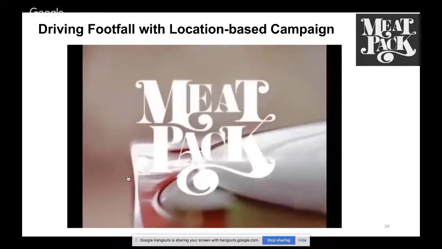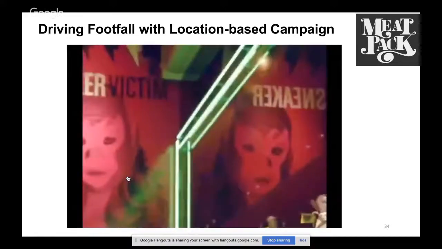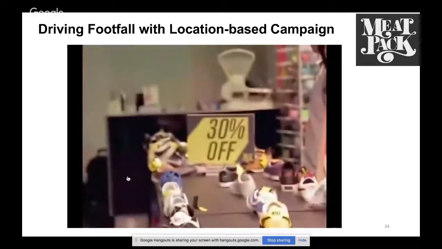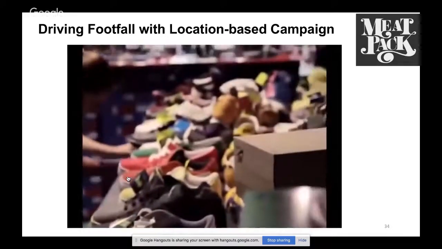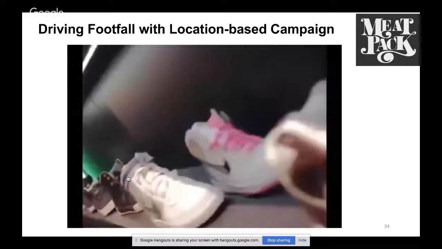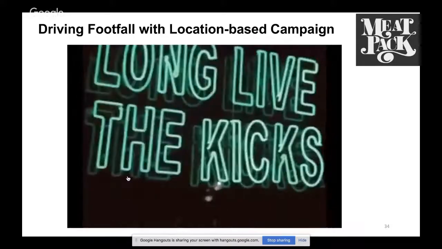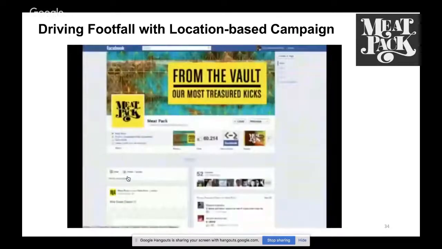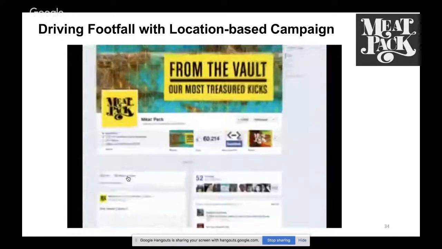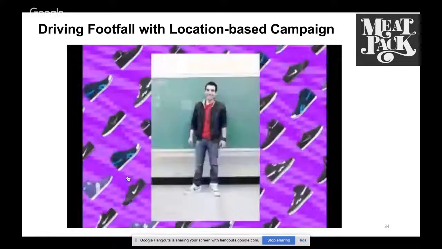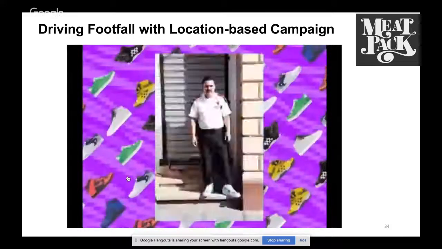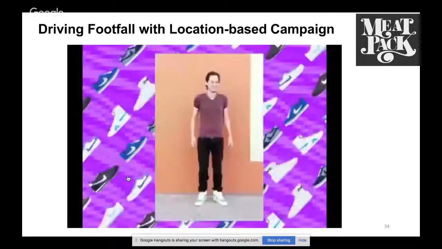Meatpack is the trendiest shoe store in Guatemala, a brand known for its edgy, cutting style and a store known for its unique discounts in limited edition kicks, including brands like Adidas, Nike, and Reebok. An icon for the sneakerhead subculture, with over 60,000 fans on their fan page in less than a year. They needed to launch a new promotion to live up to their hardcore fans, an innovative way to earn your